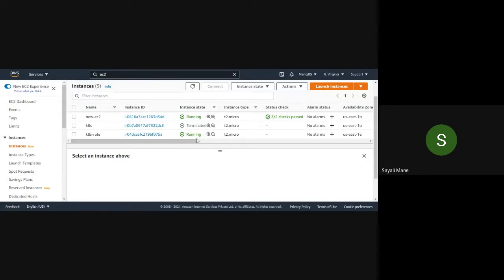It's in running state. So are you also getting the same screen? The instance state of your instance, KTest role, is running.